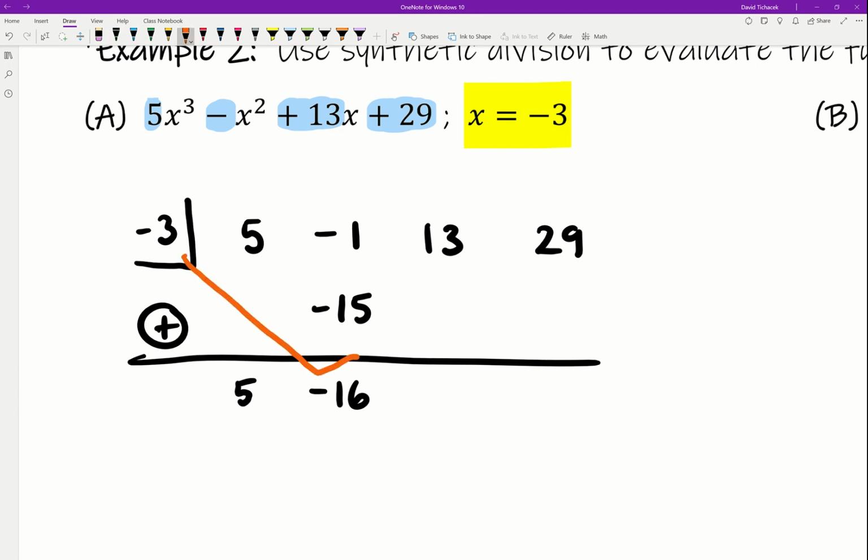Then we're going to go ahead and multiply here, so that'll be a negative times a negative, which makes a positive, and 3 times 16, of course, is going to give us 48, so we'll say 48 there. Add the columns, 13 plus 48, that's going to give us 61. And then we are going to go ahead and do that final multiplication there. So -3 times 61, that is going to be a negative times a positive, which is going to give us